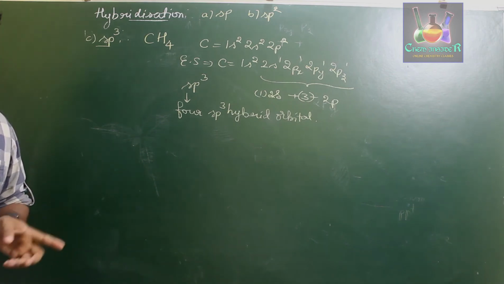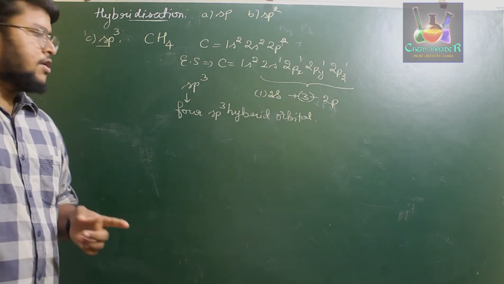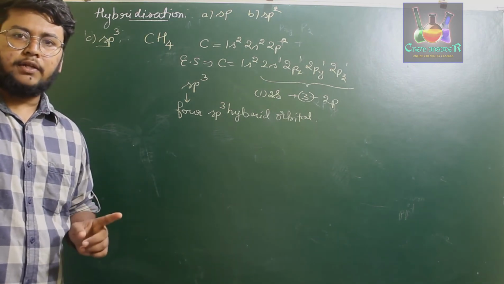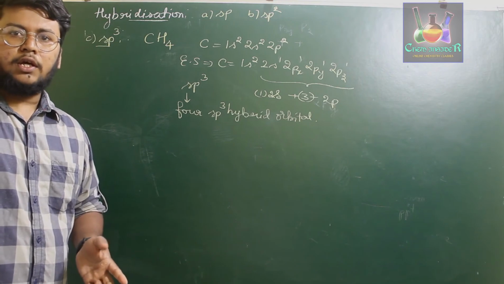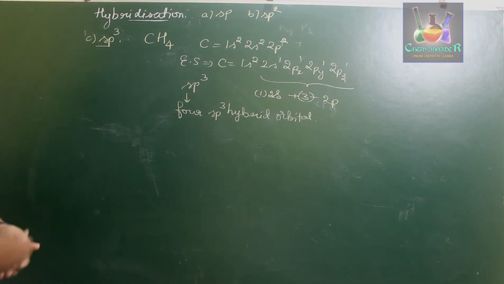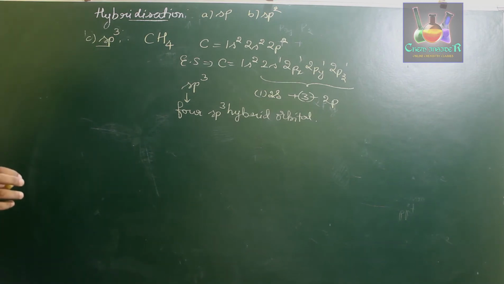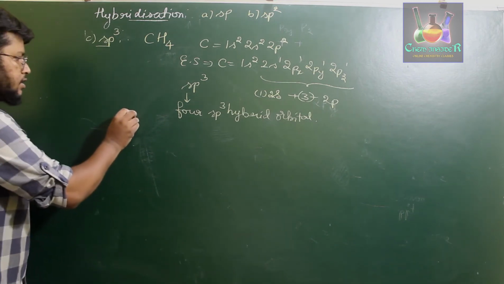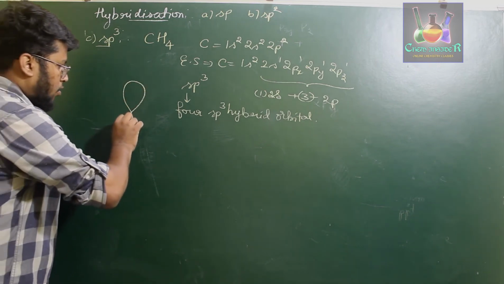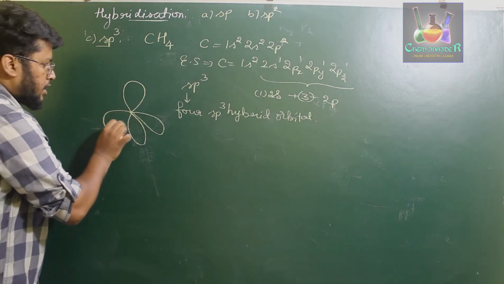As we had discussed, the hybrid atomic orbitals have particular directions in 3D space. Therefore, these 4 sp3 hybrid orbitals will be directed in 3D in the shape of a tetrahedral geometry. So how is this going to be formed? There are 4 hybrid orbitals, each of them in 4 directions. The first lobe will be in this direction, the second lobe towards you, the third one away from you, and the fourth one in the same plane.